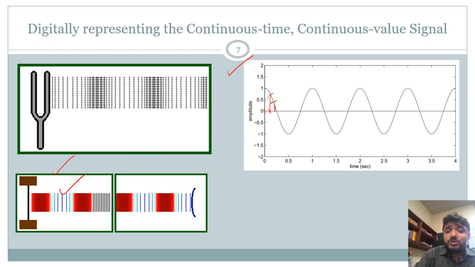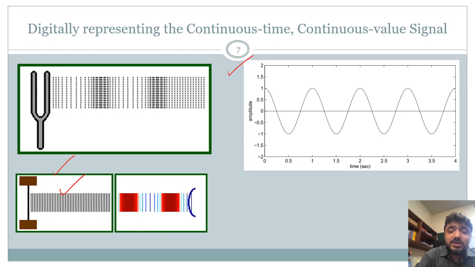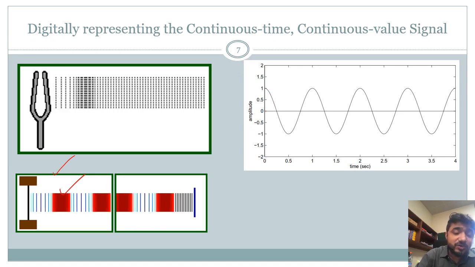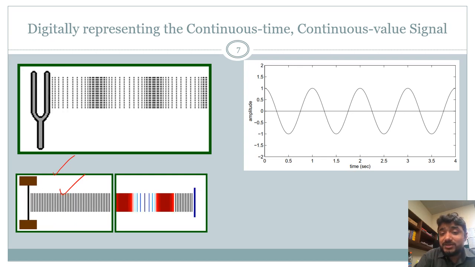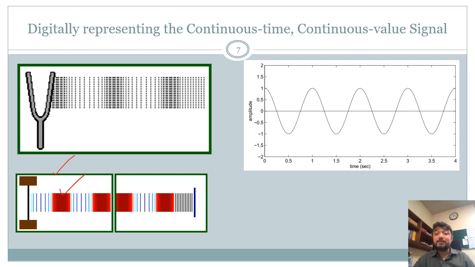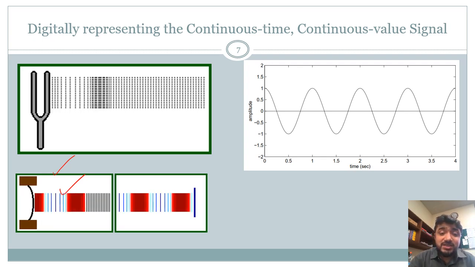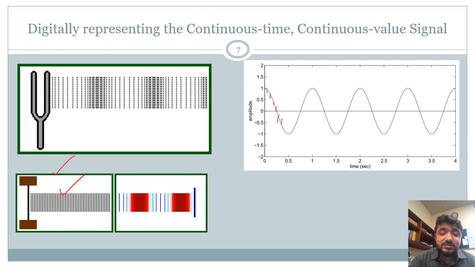So when you want to convert this into digital form, what does it even mean? What would it mean to convert such a signal into digital form? What it would mean is that we want to convert the continuous time axis into a discrete time axis, which is what we call sampling. So you just read the values of this signal